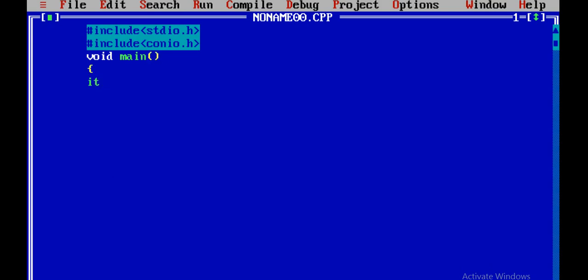Now in order to do additions or subtractions, first we need two variables, that is a and b. So whatever the program we have, first of all we need to have a glance idea about the variables which we need in the program. That means what are the inputs we need, what operation we should perform, what logic we should have, and what will be the output. First we need to have an idea about this.